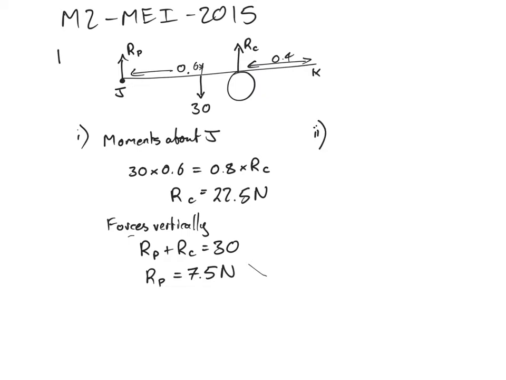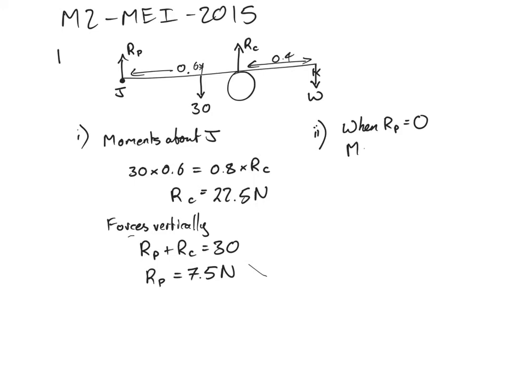Part 2. A small object of weight W is attached to the rod. Okay. Find the greatest value for W for which the rod maintains its contact at J. So we want when RP equals, and if we take moments